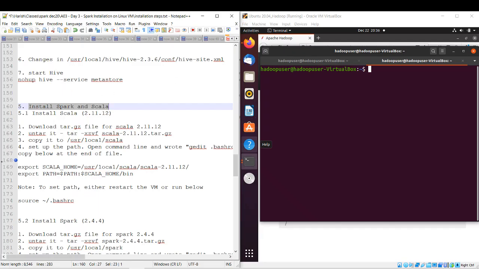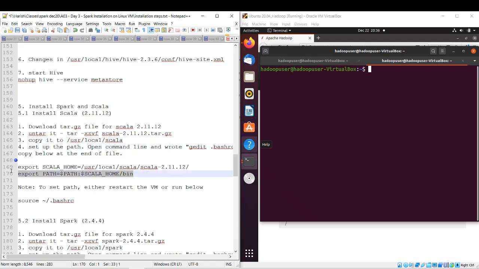There's a manual way of doing it, but once you do this manual way, you will come to know a lot about it. Again, to install Scala, the steps are always the same. Download the tar.gz file. You can just Google it. I want to download Scala 2.11.12. The reason for taking 2.11.12 is to match the version of the AWS version, right? Any of the AWS you can take and download that one. Untar it, copy it to /usr/local/scala,